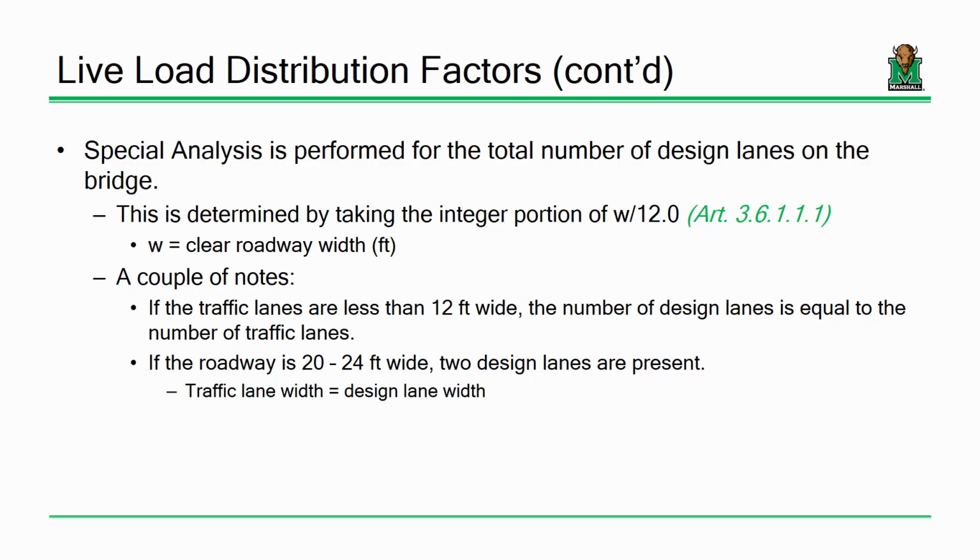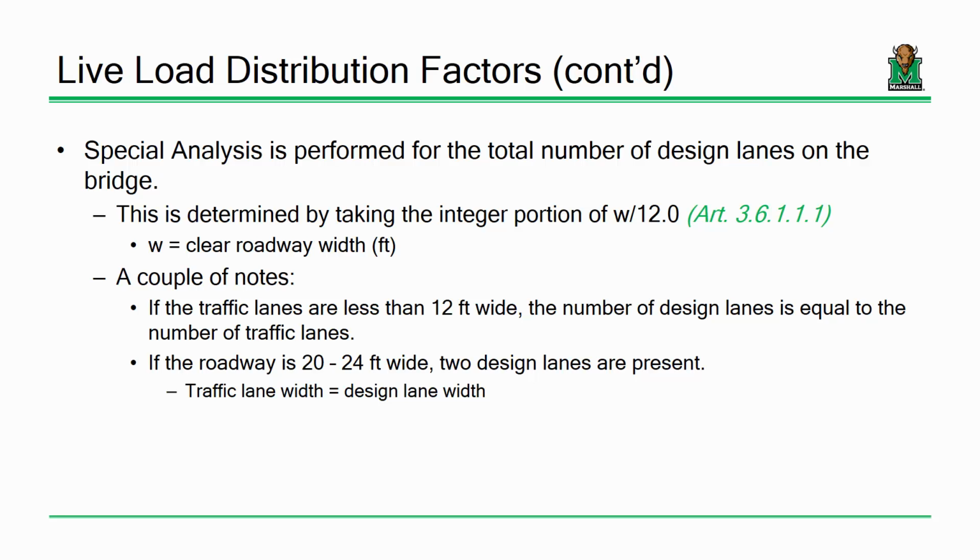Okay. Special analysis, we repeat that for the number of design lanes on the bridge. So if we're designing a bridge that has 12 design lanes, we would do special analysis 12 times. Okay? Now what we're going to see for our example bridge is that the example bridge, if I remember correctly,